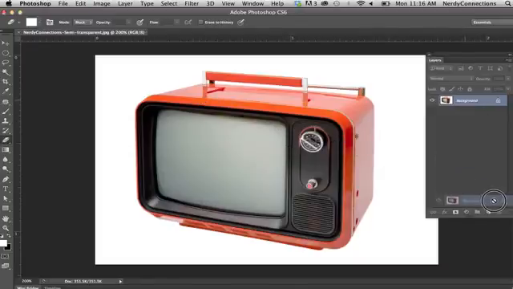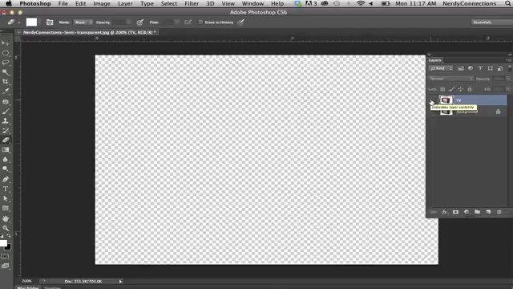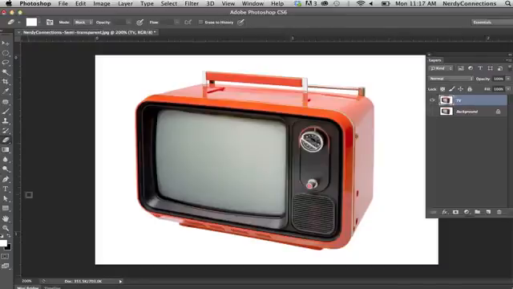We're actually going to make a new layer, and I'm going to call this one TV, and I'm going to click off the background layer, which is actually my safe layer if I wanted to go back. If I click on this layer, you can actually see the transparency behind it. And I'm going to take my eraser tool, and as you see, if I click and drag, I can actually reveal